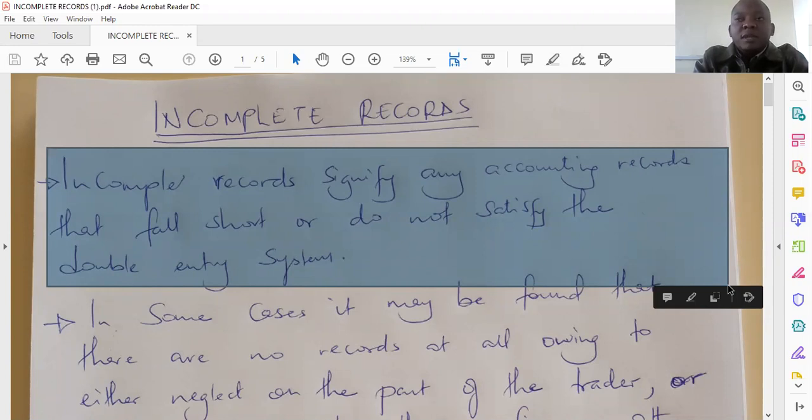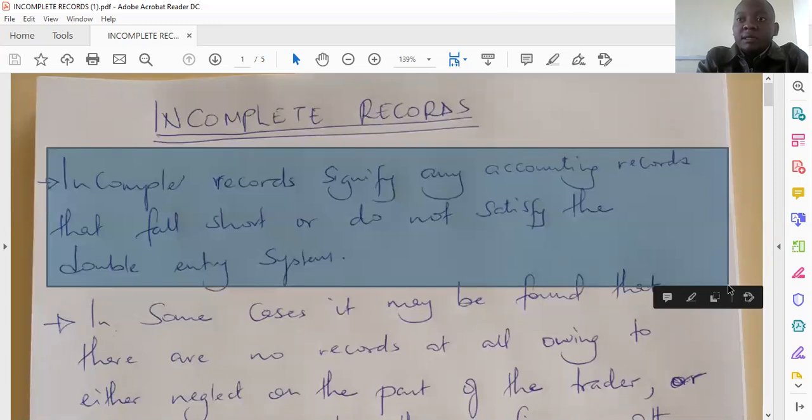So you find that in some cases there may be loss of records, maybe in the event of a fire, in the event of theft, or in the event of negligence on the part of the trader or the business person, you find that there are no records at all. As such, you end up with incomplete records. In some other cases, you may find that